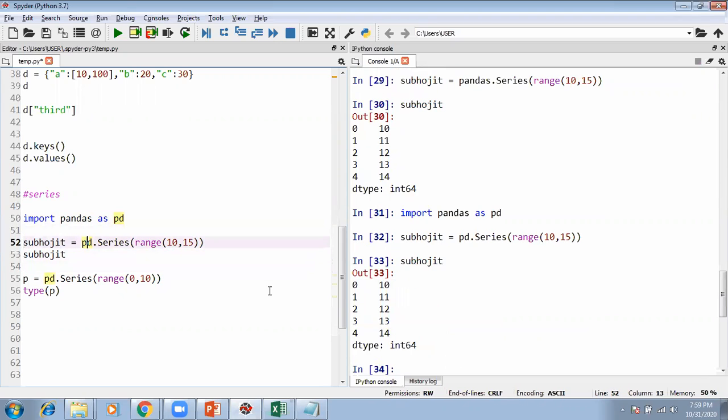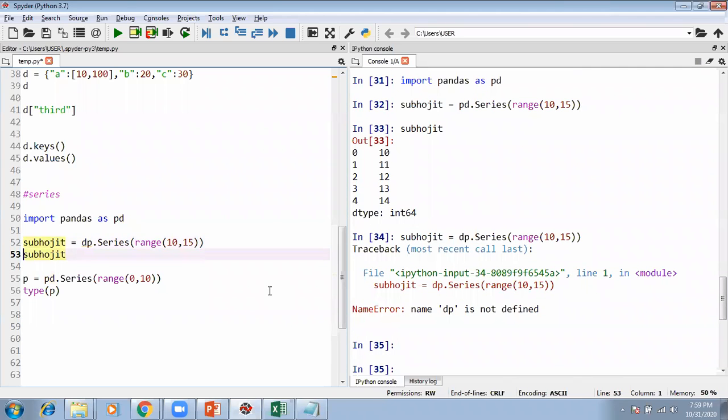But if you change the name, maybe DP, it's going to give you an error: DP is not defined. It does not mean that you cannot name it DP. You can name it only P as well. No problem. You can name it anything, whatever you feel like, maybe after one of your superheroes. But normally people writing Python code name it PD. That's the normal traditional way. That doesn't mean you are not allowed to give any other name, but traditionally this is what we give.